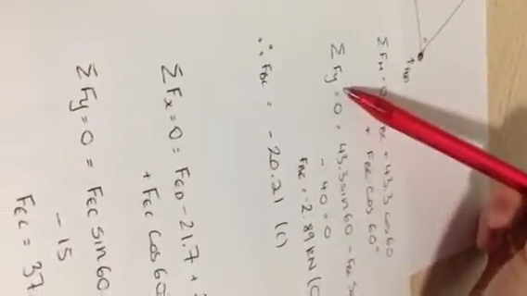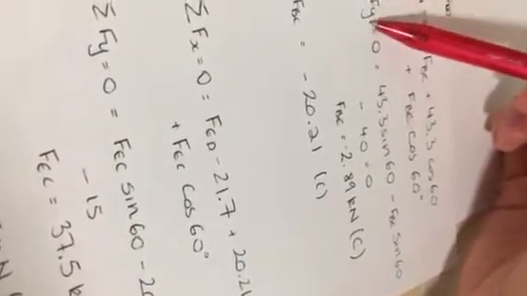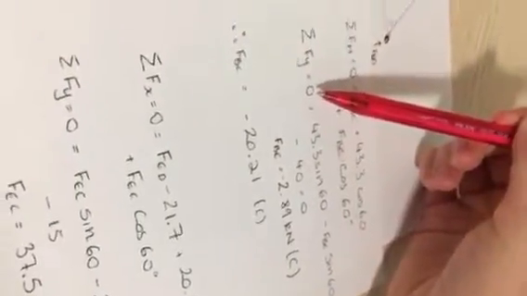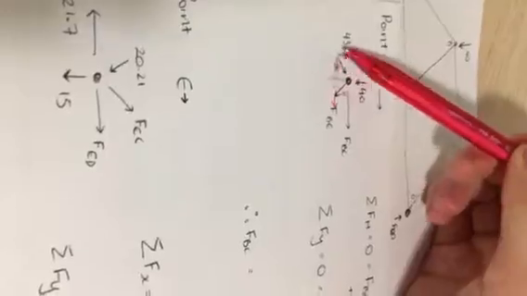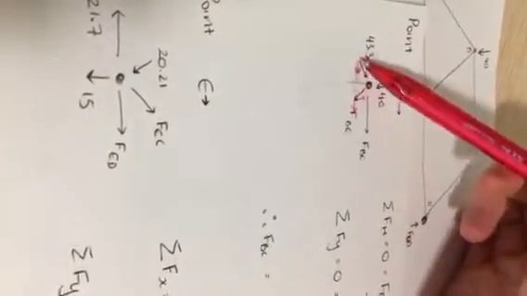So first of all, we go and deal with our sum of forces in the y direction. Once you use moments at the beginning, you don't use moments on these individual members. So then I went and had a go at solving my sum of forces in the y direction. So I started off with this 43.3. I looked at the vertical component of it. So again, my right angled triangle,